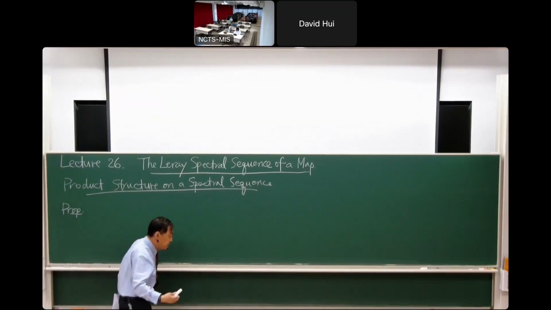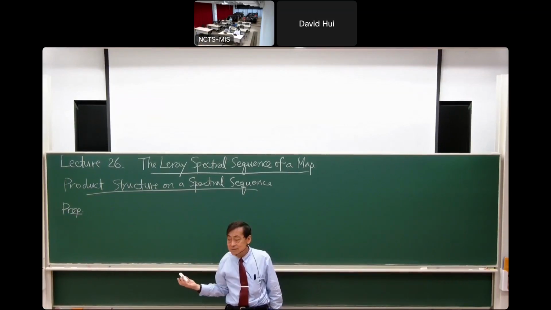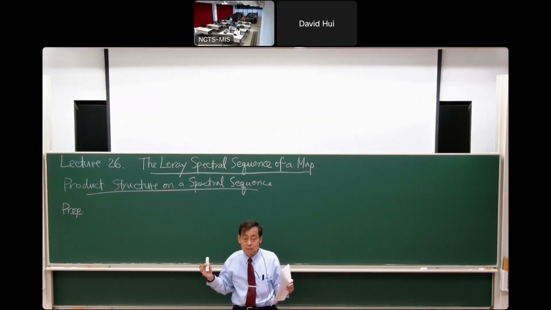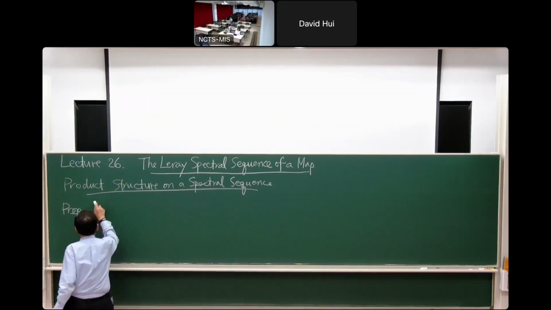Now, each page of the spectral sequence is the cohomology of the preceding page, okay? So if you start with a page that has a product, we want to show that the cohomology also has a product, okay? So let